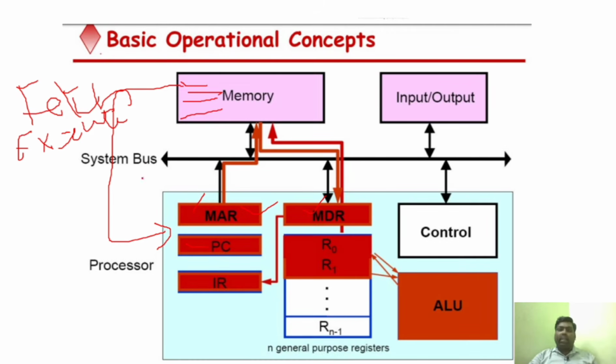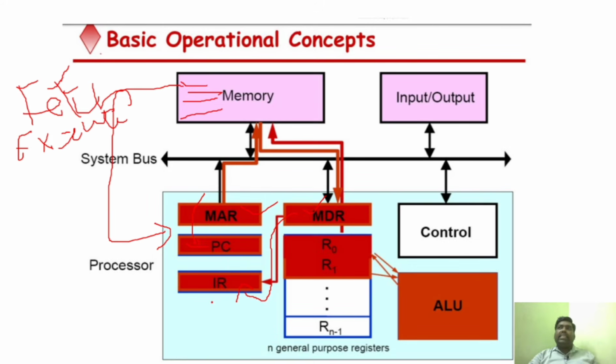Fetch phase is nothing but, whenever the instruction execution starts, at the very first step the instruction is in the program counter. So the fetch phase is nothing but, from the program counter, it reaches the processor. That is, from the program counter it reaches the MAR, and from MAR it will get the information about that particular instruction, and it will be sent to the MDR, and from MDR it is sent to the IR. Until it reaches this particular IR, the fetch phase will happen. The instruction will start from PC, go to the memory, MDR, and then IR.